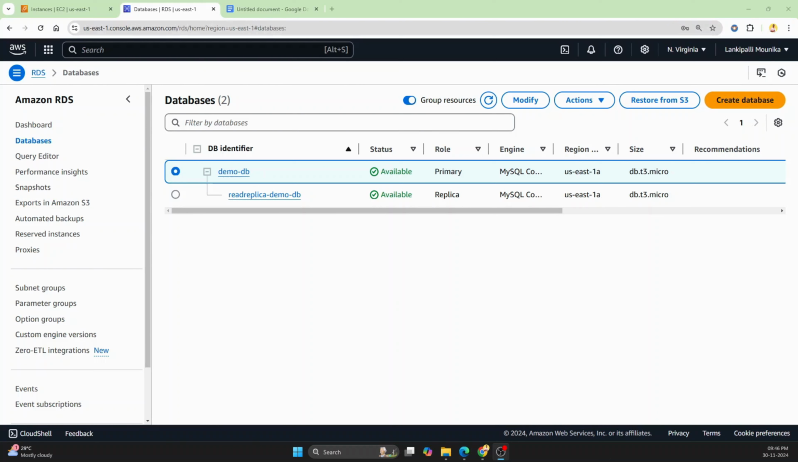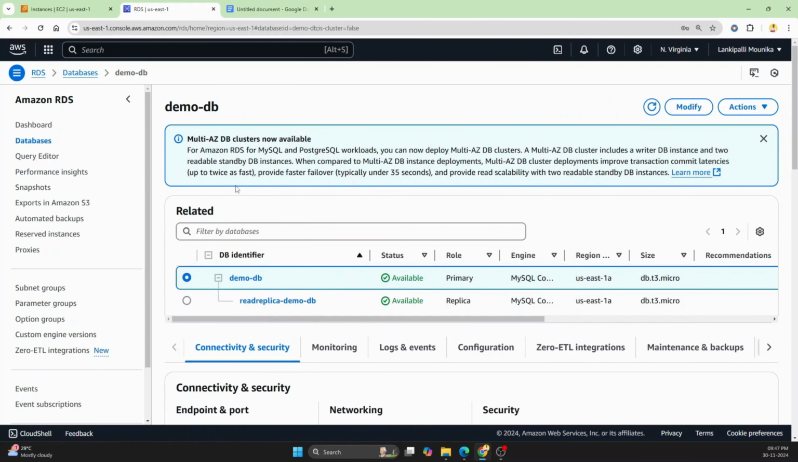Let's get started. So in our previous session, we have already created a database which has a replica in it. This is a master and it is having a replica. Today, what we are going to do is use this database and connect to an EC2 instance using MySQL client. So before connecting, go inside the database and check the security group whether it is allowing